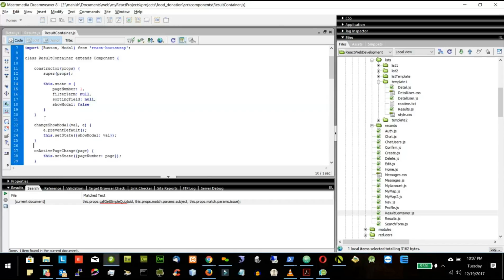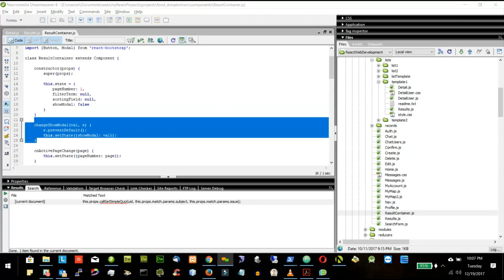Okay, so now add this function show model one. Okay. Now